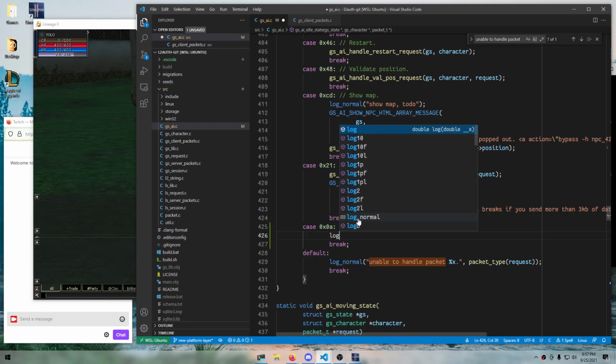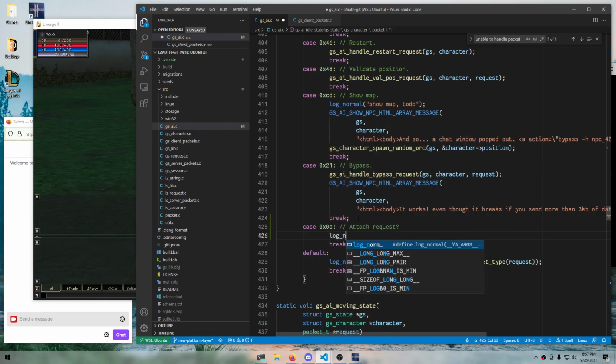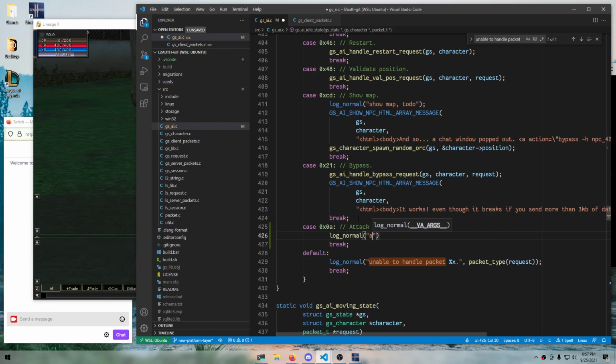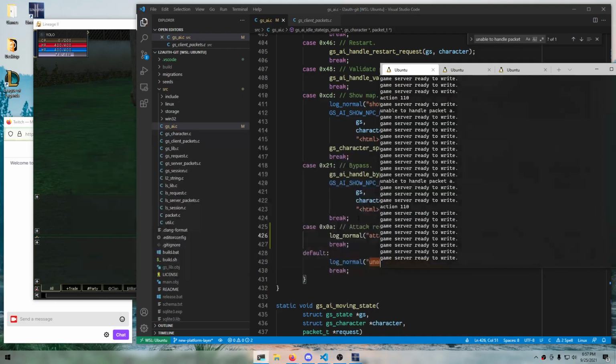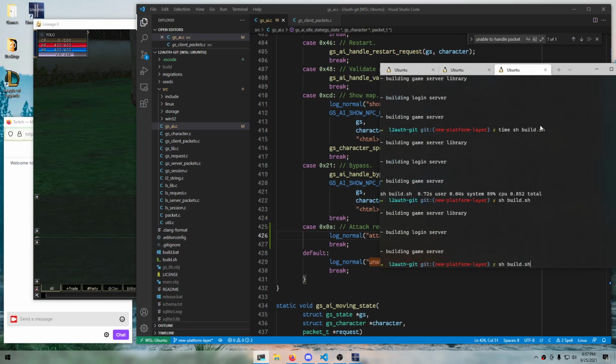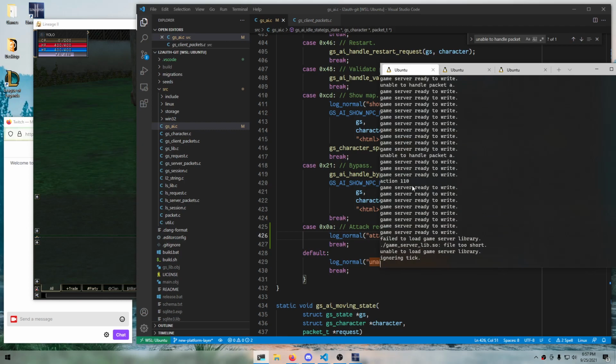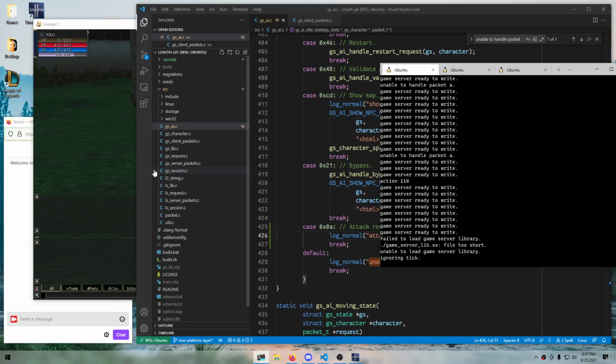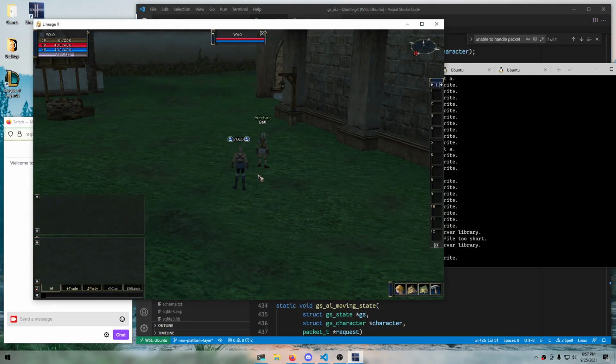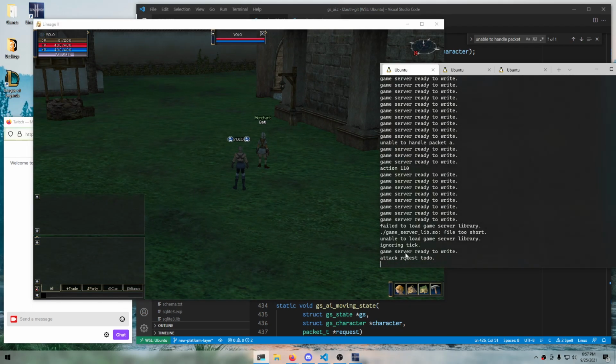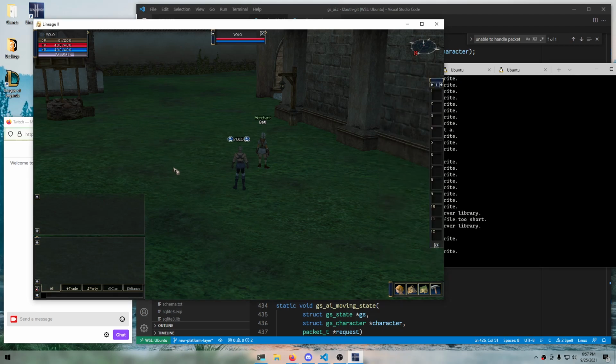Whoa. Log normal. Attack request to do. Something like that. I think I'm going to have to get rid of this log message as well, but for now, that's fine. Let's see. So if I hit this, attacking request to do. All right. So it seems like